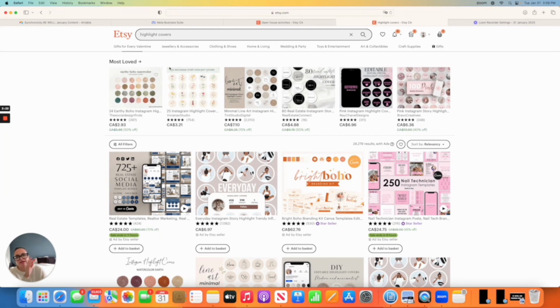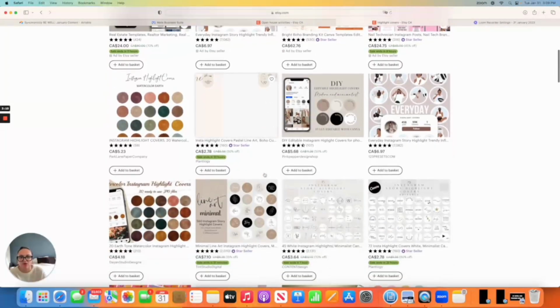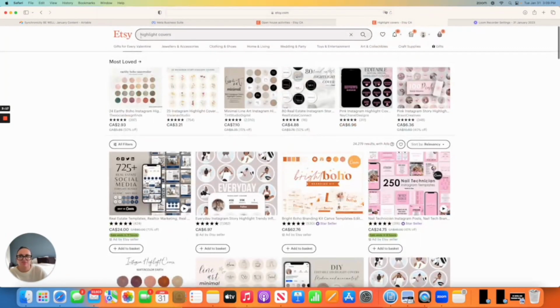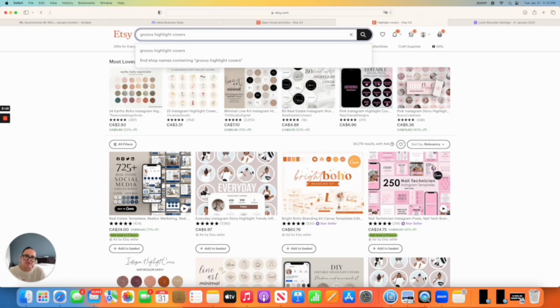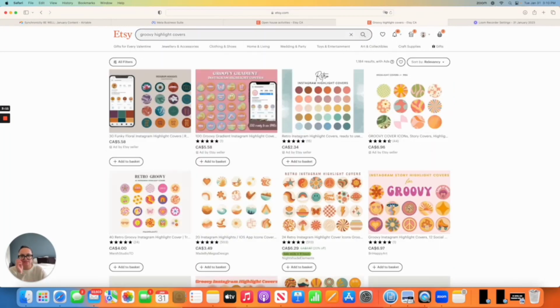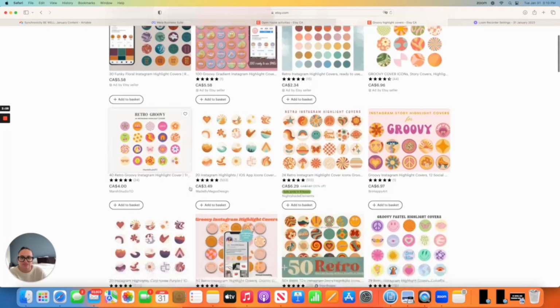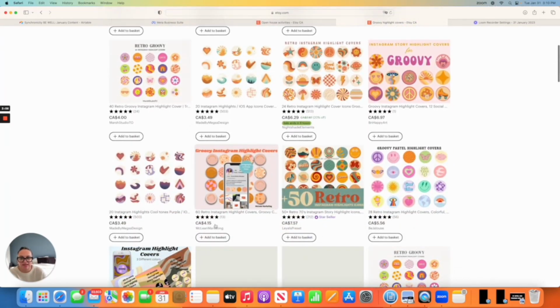So instead of just putting highlight covers in here, because you're going to see a whole bunch of different ones, you want to type in more specifically what the actual product is. So I'm going to go to Groovy highlight covers, and you will be taken to all the ones with a retro style. Again, here's my product. You can see I've priced it at